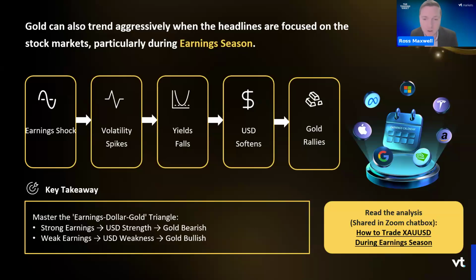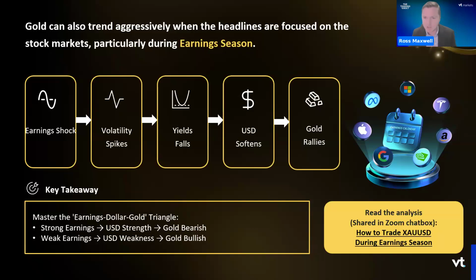In fact, in 2025, gold jumped nearly 2% on some days when those big tech companies missed their earnings. So it's a really important time in the markets, especially when these big tech and banking companies release their earnings to create some of that volatility, especially for speculative traders in gold. So we want to watch out for the US stock markets when you're trading gold.